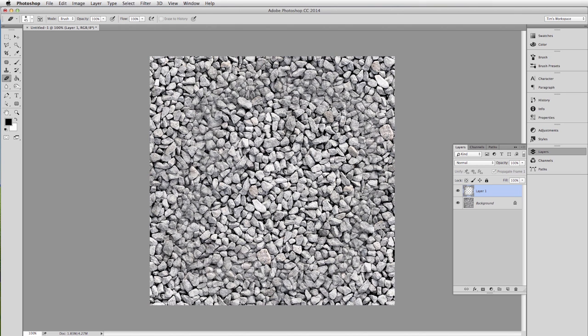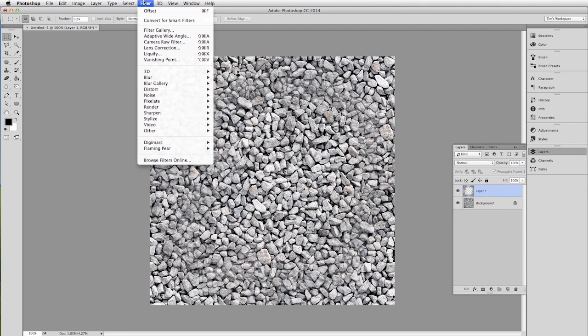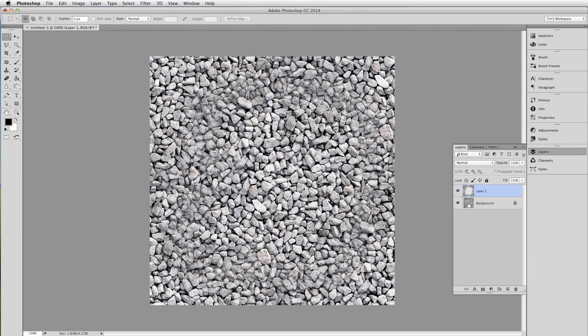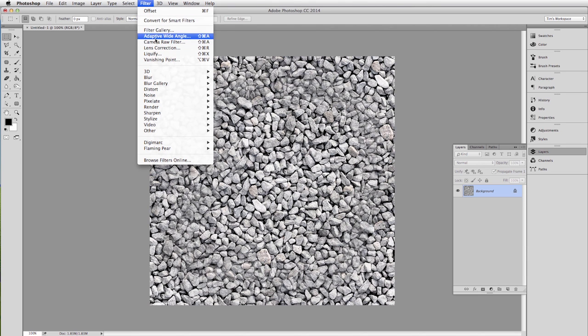Hit cancel. Now what I can do next, if I want this to look not photoreal, if I want it to look painted, well, I can just go to Filter Gallery and realize that I haven't merged my layers. So let's see here. Well, that's not going to do it, so I'm just going to collapse that there. And we're going to go to Filter Gallery